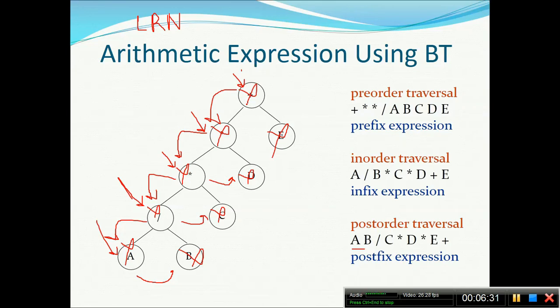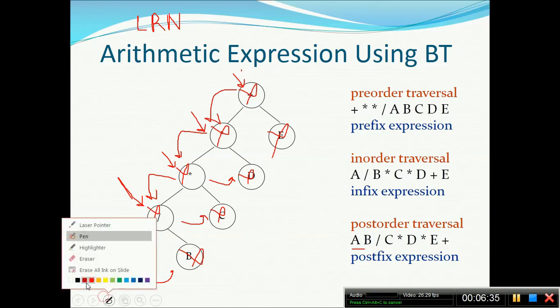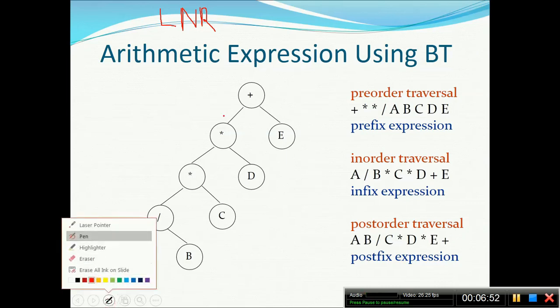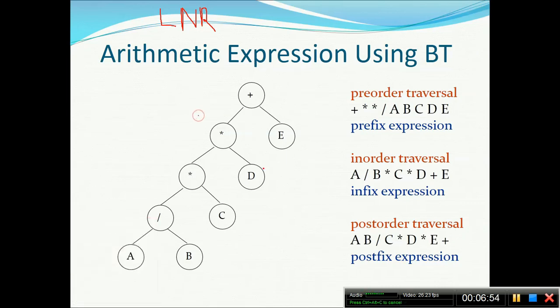So that is the idea of how we can solve the post order traversal. We'll also try the in order traversal. In order traversal says left subtree, then the node, and then the right subtree. Okay, so how can we solve this? It says solve the left subtree, then the node, then the right subtree.